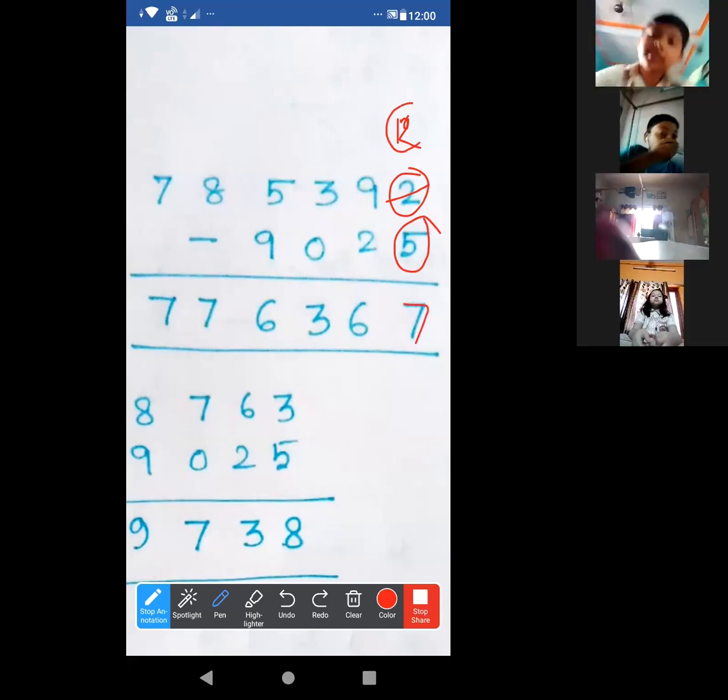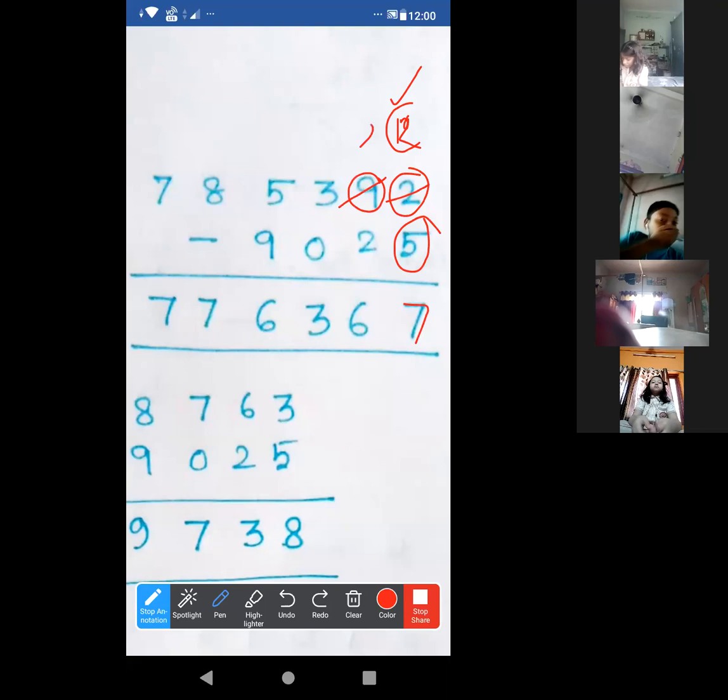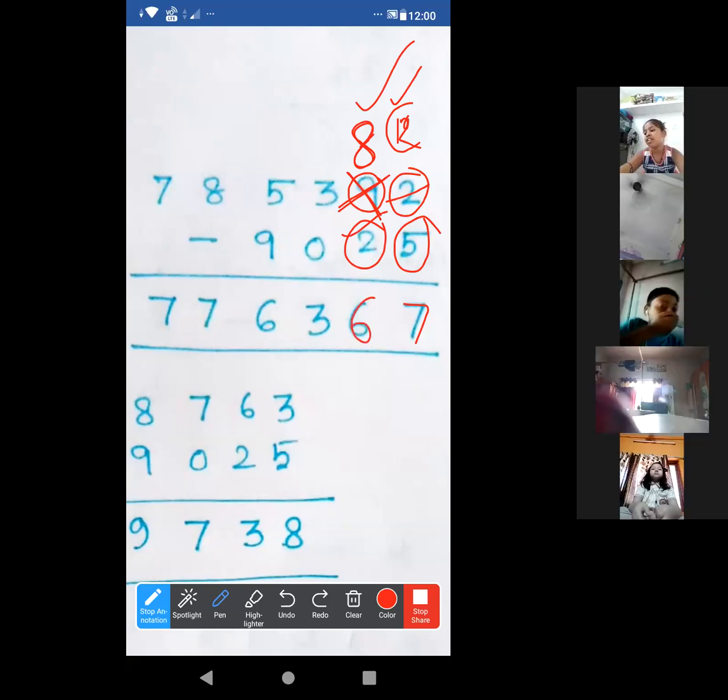7 places, look, done. And from where have we got this 1? Immediate left place. This 9 will become 1 as we have borrowed 1. Now we will not consider this 9. This 9 has already become what? This 8. So after 2, start counting till 8. Okay, 6 places will be there. So here it is 6. Clear?